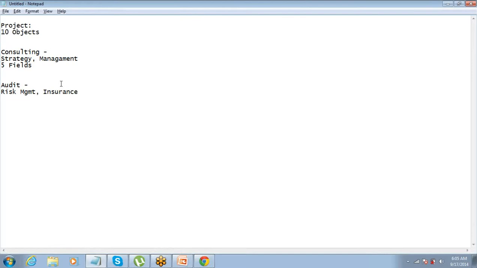For every edition, there is a limitation for how many custom objects you can have, right? So all these reasons you have to consider, right? The relationship you will have to look into, is there actually a similarity, or are we trying to put two completely different things in the same object? That is something which we have to understand.